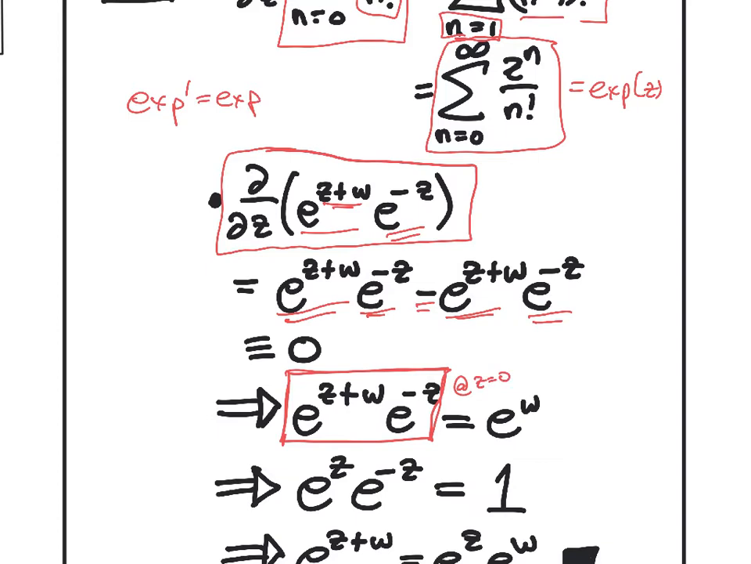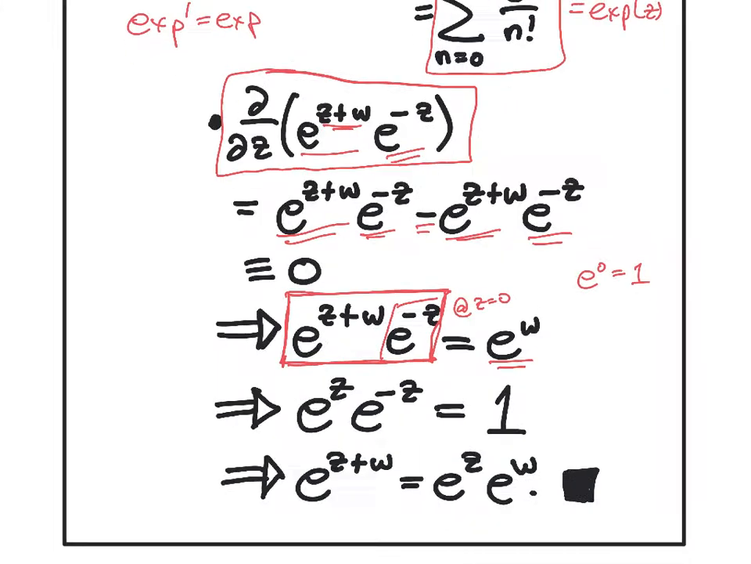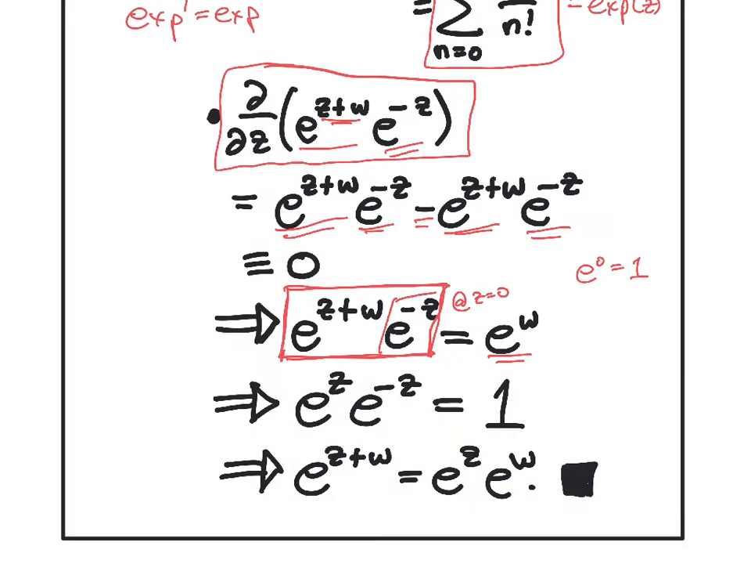So you plug in 0 and you get e to the w, and e to the 0, we know e to the 0 is 1 just from the power series. So you get that this is equal to e to the w. That still doesn't quite prove what we need because I still have e to the minus z, but I can put in w equals 0 and get e to the z times e to the minus z is 1,